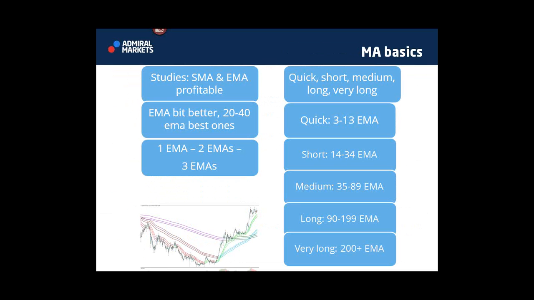All right, some basics. First of all, we're going to take a look at not the very, very basics. That's not the meaning of the webinar, but still I wanted to tell you that studies have shown that simple moving averages and exponential moving averages are very profitable and doing a great job. EMAs tend to be a bit better on average, in profitability at least, according to those studies, but I guess that can always differ from study to study. What that study showed me was that 20 to 40 EMAs are the best ones, but the main point is that all of these moving averages are very profitable. So that's a good starter, of course.